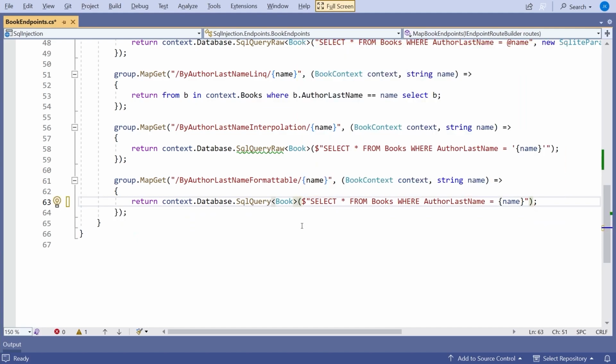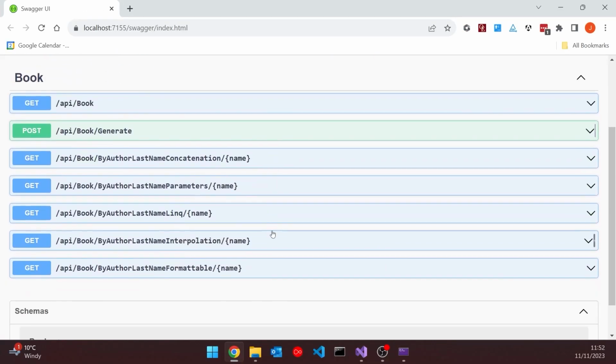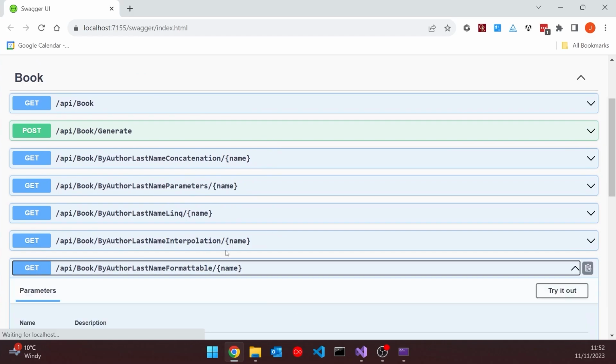So when we pass in that interpolated string, it doesn't immediately calculate that it's going to end with author last name equals O'Brien or whatever. It is going to just send that interpolated string and use that to produce a parameterized query to do what we want to do. So if we run that one up and go down to by author last name formattable